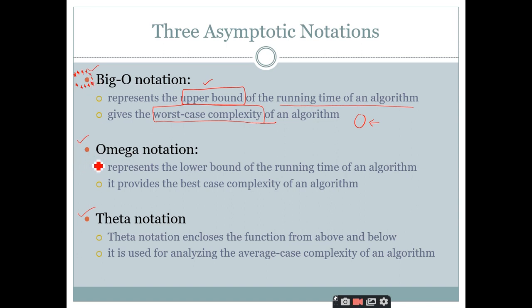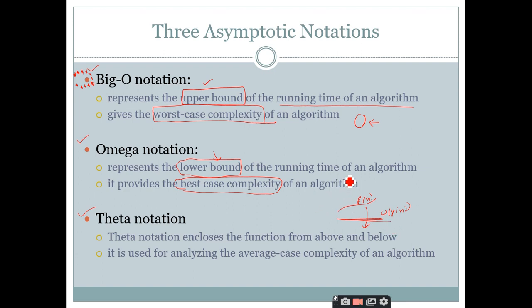And coming to the omega notation, this represents the lower bound of the running time of an algorithm, and since it represents the lower bound, it is called the best case complexity. Lower bound in the sense it cannot go beyond this value, so that is the lower bound it is specifying. So this is our graph f of n, and this is some best case complexity, some big omega of g of n, that we will see in the graphs also. So this function cannot go beyond this value. So this represents the lower value, and this is nothing but the best case complexity,